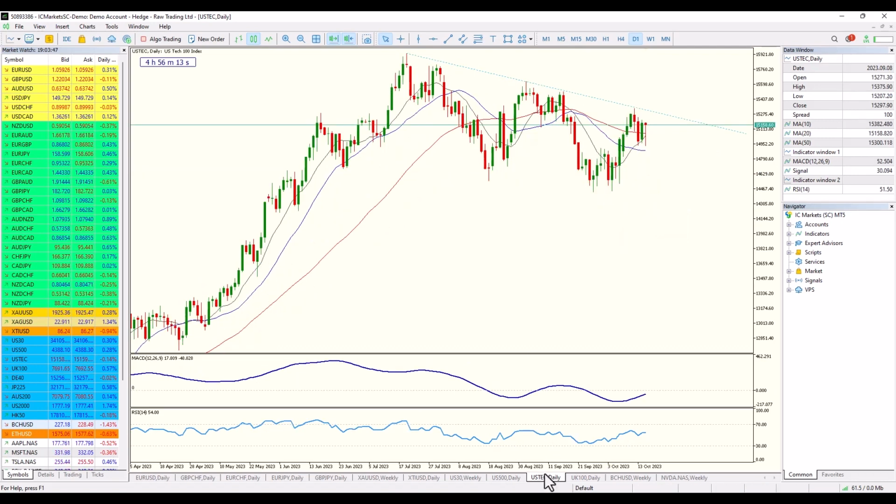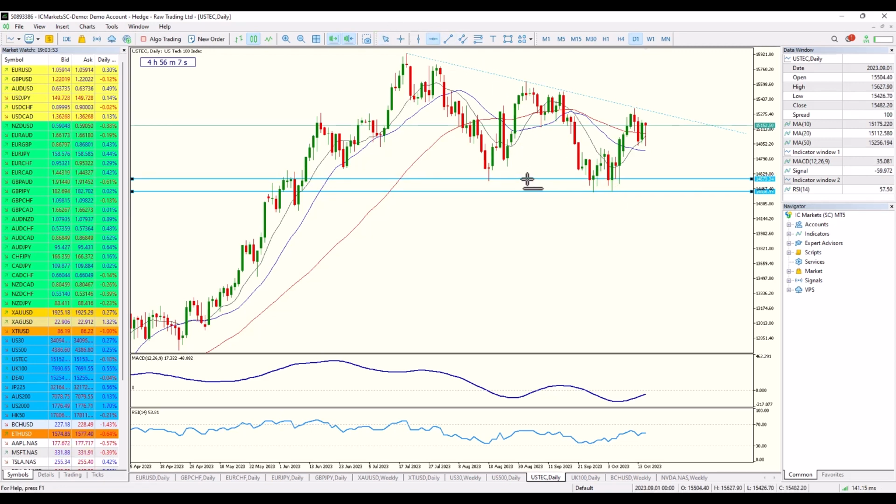Right, and let's go and have a look at US tech. So this is a little bit different. In other words, it's a little bit more bullish. I'm also going to put another level in here. So we've got a nice little level of resistance, support, and support. And overall, this is very much attempting to move to the upside. Break below the low, almost forming a bullish engulfing candle, and also about to break this downward sloping trend line. So once we start to do that, that momentum, right now it's currently bearish, starts to become more and more bullish.